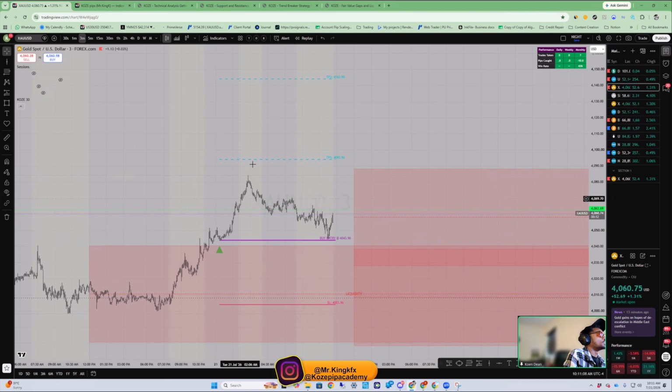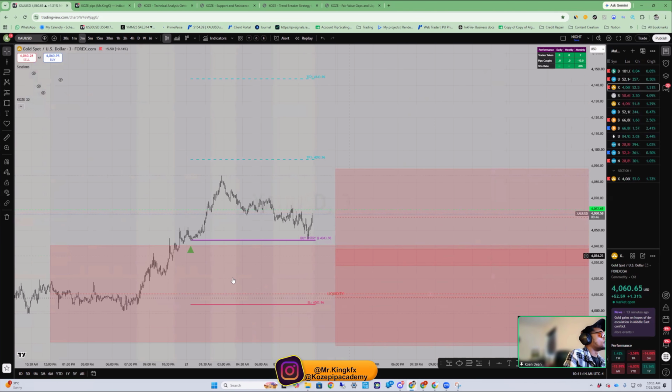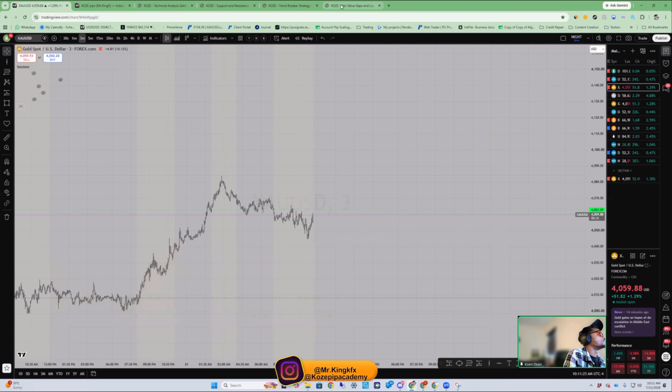And then we see that price just kind of came back up. We retested our entry and now we're pricing higher again. So we'll see if we stay above this area of liquidity, but right now gold is just inside of this range. So I'm going to dive into the more advanced setups, and the way that we're going to do this is through